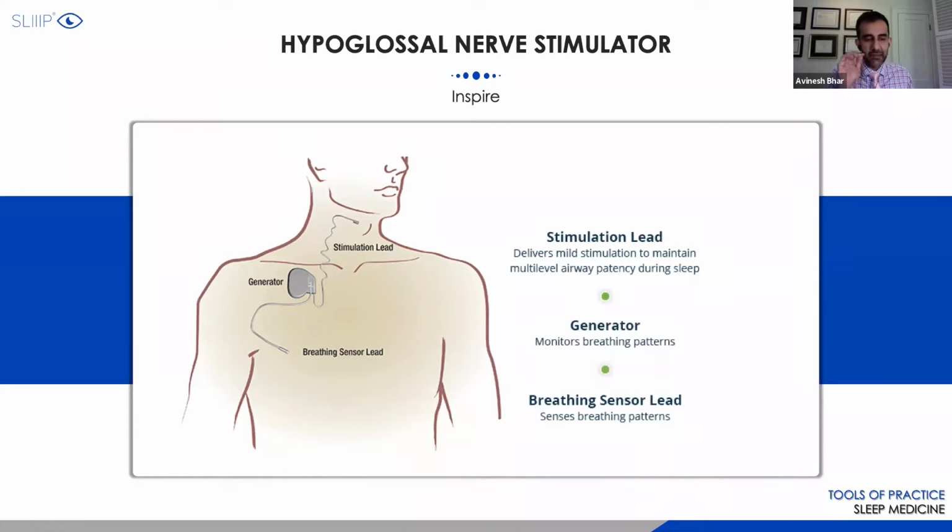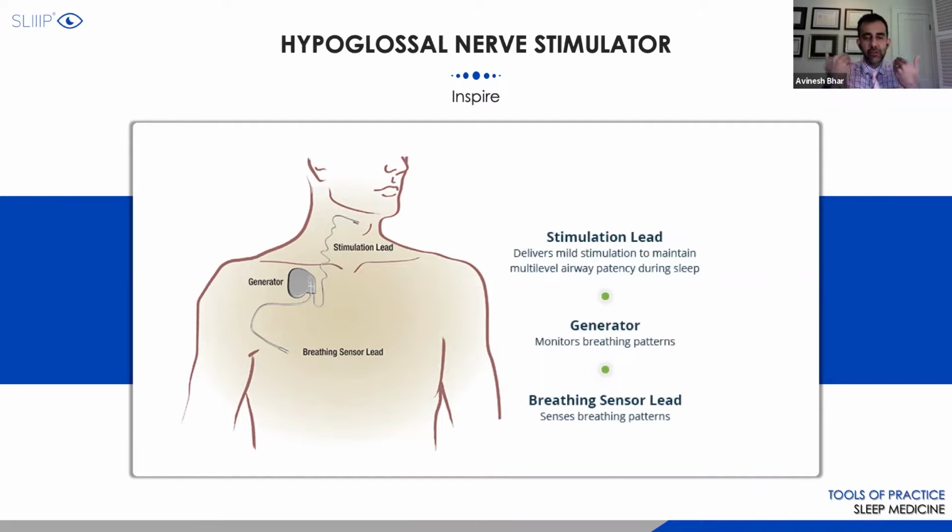So some patients actually end up sticking their tongue out at night over and over again because they get stimulated. But you actually have to switch on the device right before you go to sleep and switch it off when you wake up. But this device works really well. Only thing, like I said, it depends on making sure that they don't have collapsibility in the lateral portion. It might work for the anterior posterior collapse when it's trying to keep your tongue forward.